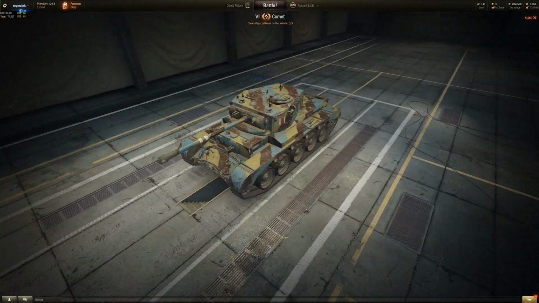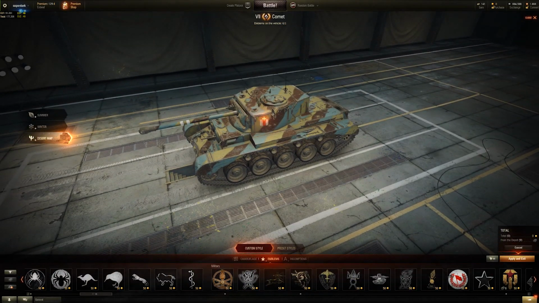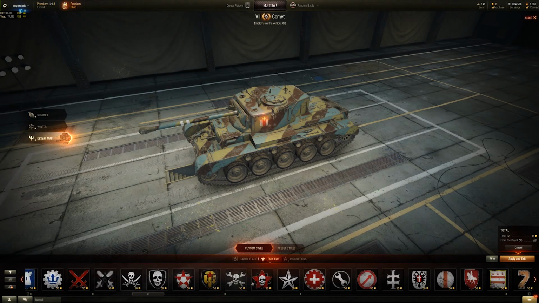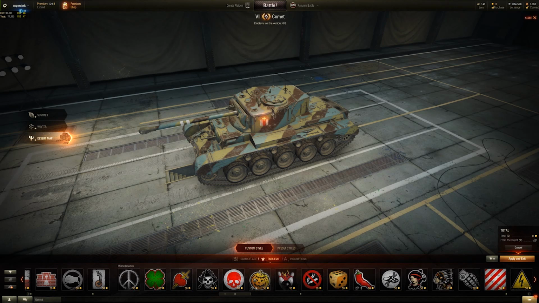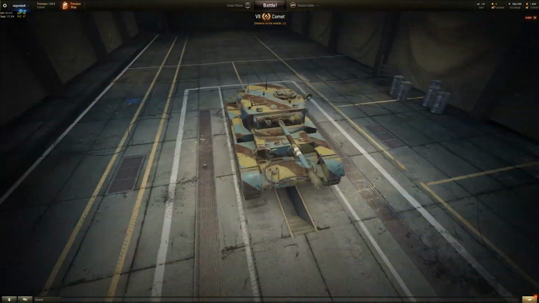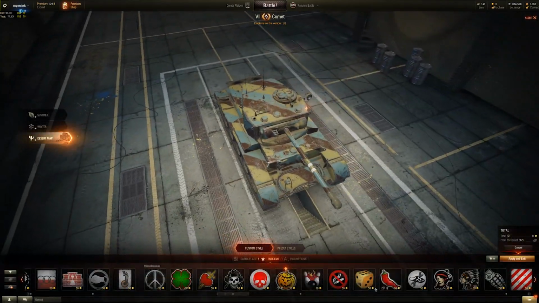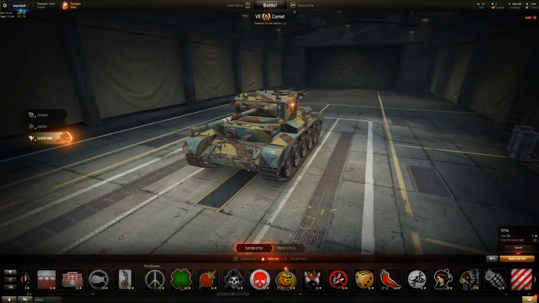So there we go. And here's the thing. I always use the same emblems on my tanks. So let's get to the pumpkin. Here's the pumpkin. Put the pumpkin on the entire tank. And oh yeah, that's true. The Comet has just one emblem. Do I have